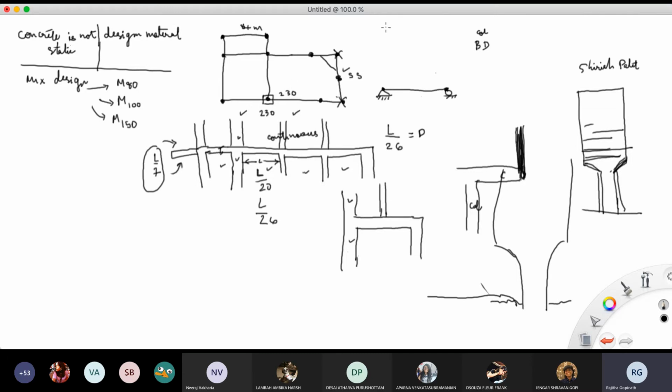As much as possible have a square column, but you want to make sure that you hide it and maintain the aspect ratio. It doesn't mean you make it so slender. Okay, this is not allowed. The wind blows from here, it can cause all kinds of trouble, right? So you have to maintain some kind of an aspect ratio. Okay?